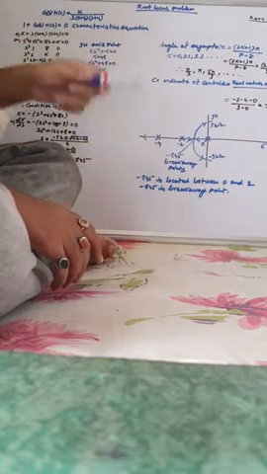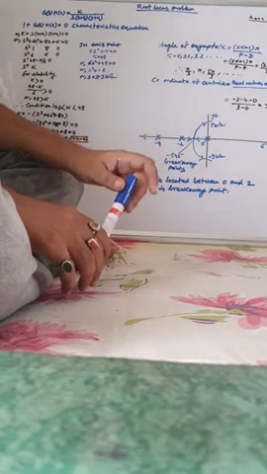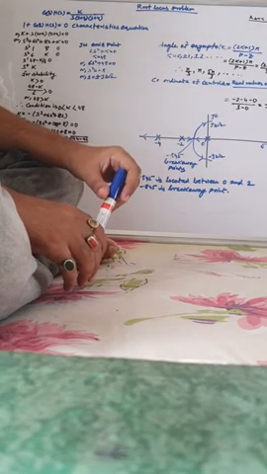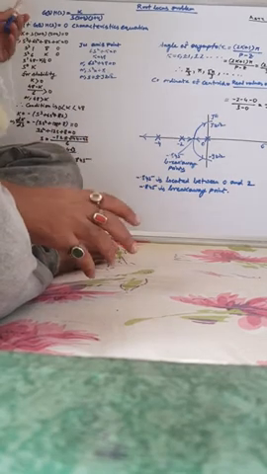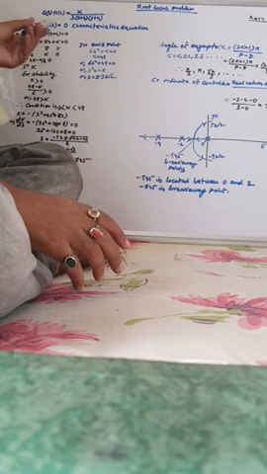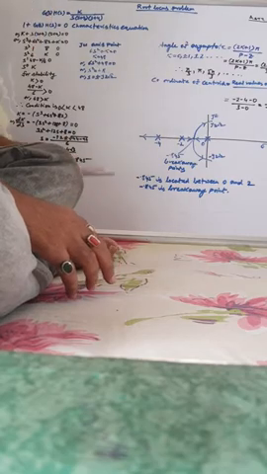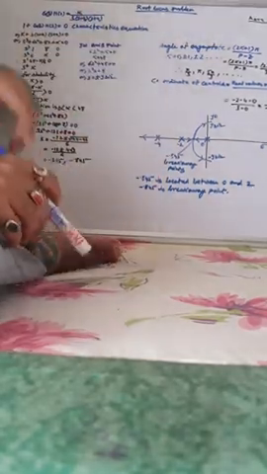So 1 plus G(s)H(s) is your characteristic equation, that is equal to K plus s into (s plus 2) into (s plus 4) is equal to 0. So s cube plus 6s square plus 8s plus K is equal to 0. This is the final characteristic equation.